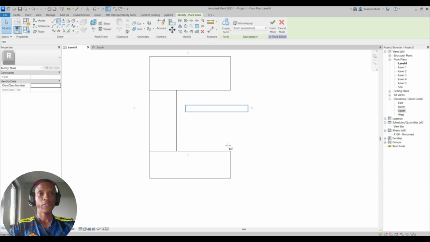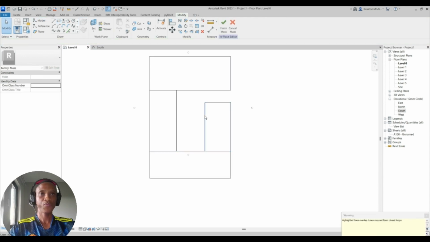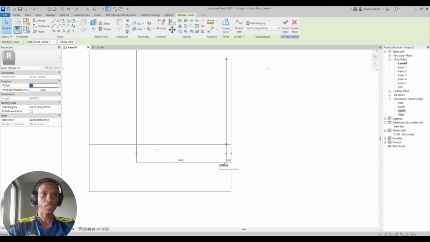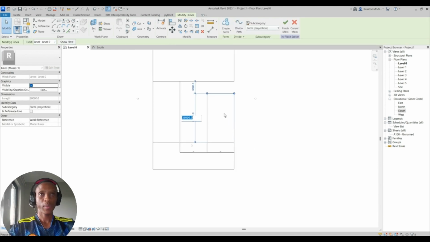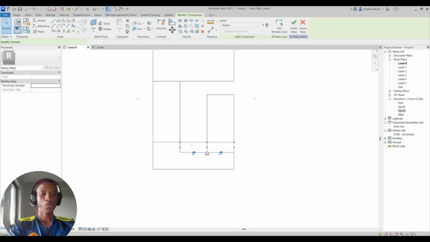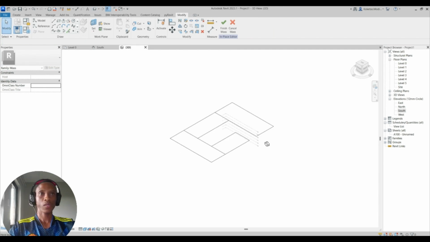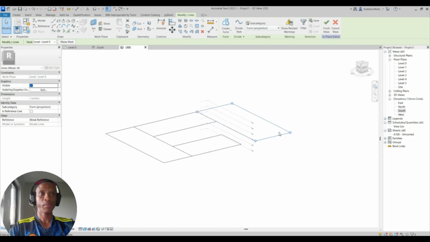So I'm gonna add another final rectangle like this, but this time I'm gonna leave a gap right there. And this one, I'm gonna make it 20,000, and in length, I'm gonna make it 35,000. Perfect. So what I'm gonna do is go to the 3D view, and then I'm gonna select